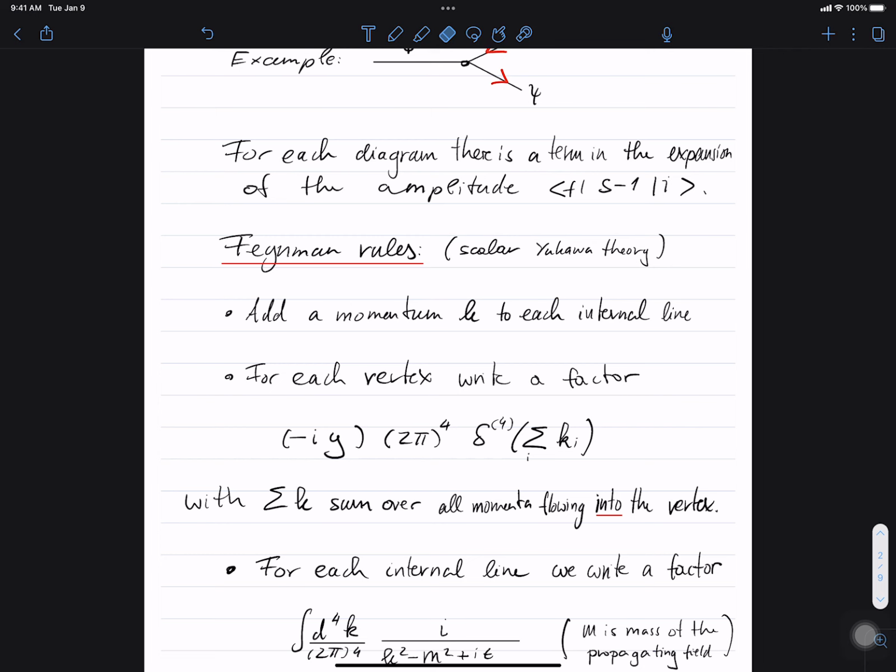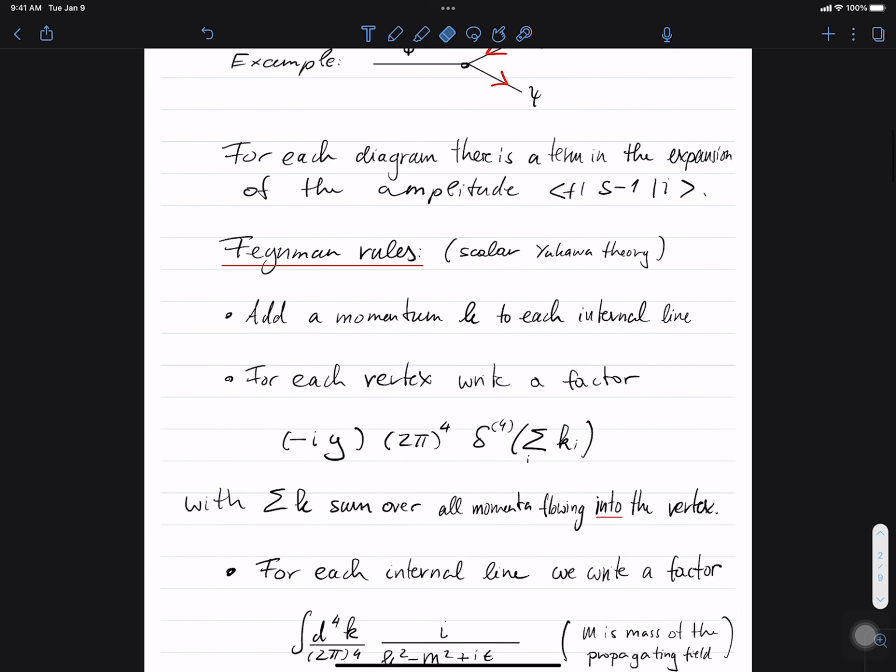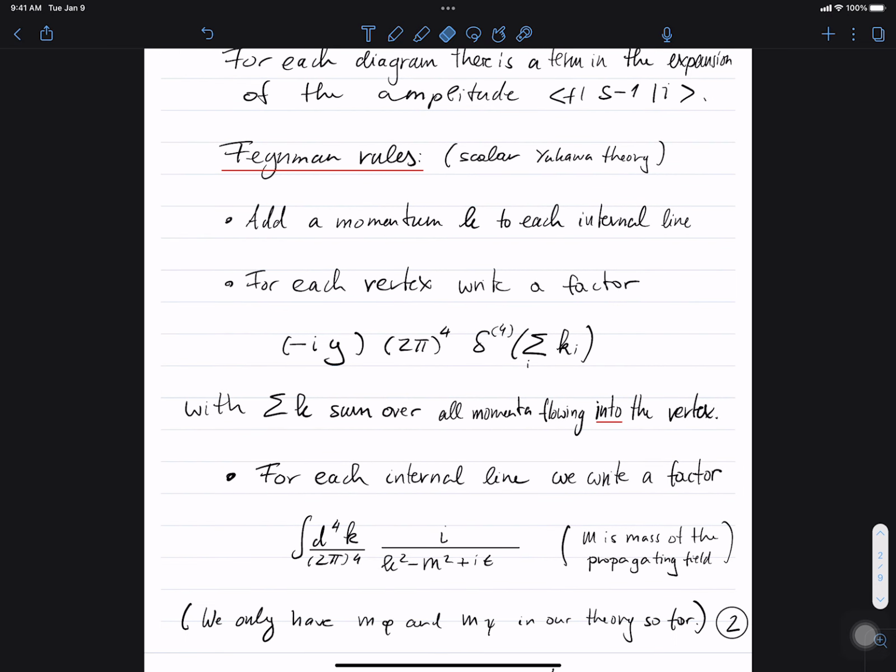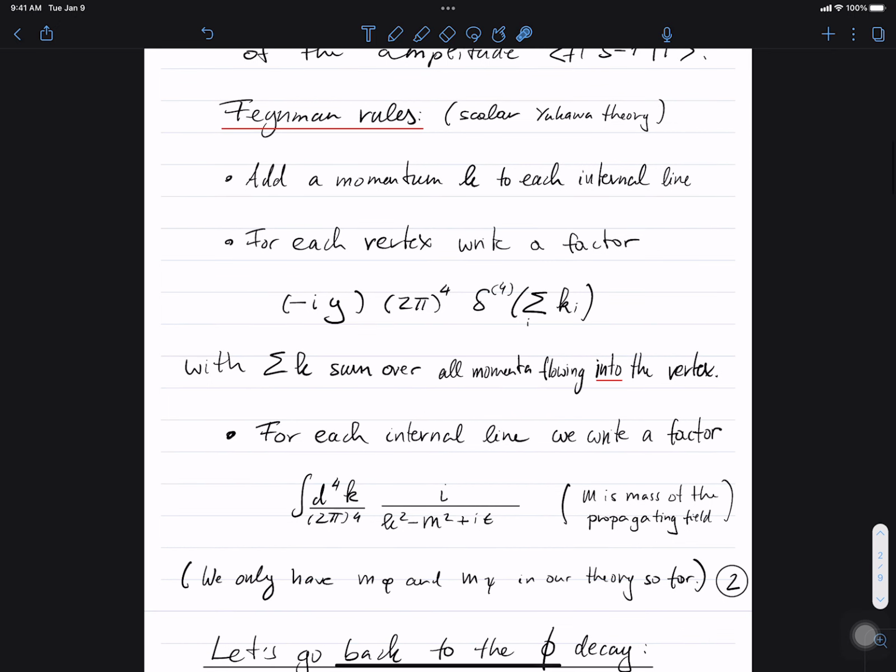So for each diagram, there is a term in the expansion of this amplitude, and we can now use this example of a scalar Yukawa theory that I mentioned before, that we also have introduced in the previous lectures, where the only interaction term is just some interaction constant y times phi times psi bar times psi, where phi is the real scalar field and psi bar and psi are the components of the complex scalar field. So the rules are now